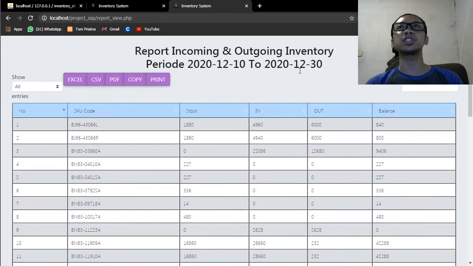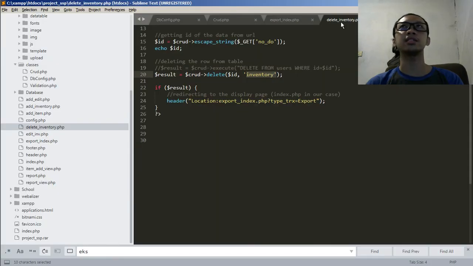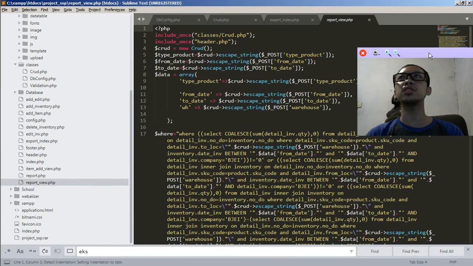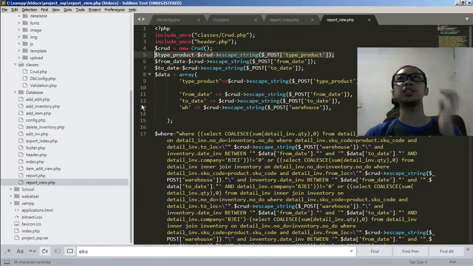Okay, this is the report view. This is my report view. I import the crud data and then I make a blueprint crud, and then I take from before the type product. Type product is named inventory, and then I take from 10 December to 30 December, as I input before, and VH is the same as